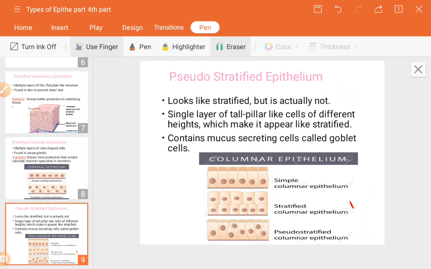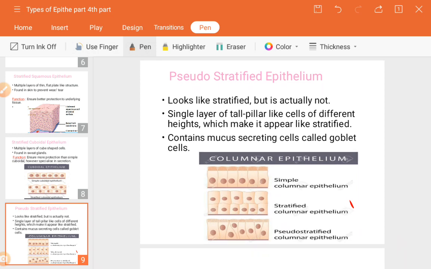So that is actually the pseudo, meaning it looks like a stratified, but it's actually not. See guys, it actually looks like a stratified, meaning it looks like many layers, but actually it's not. It is a single layer of tall pillar-like cells of different heights. See in the third image, you can see the stratified pseudo epithelium tissue is